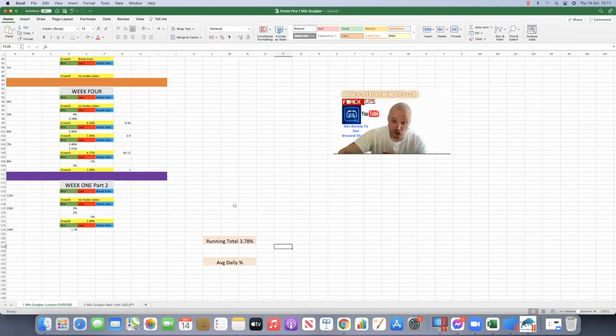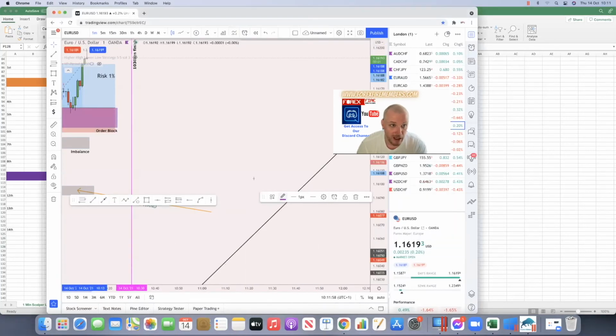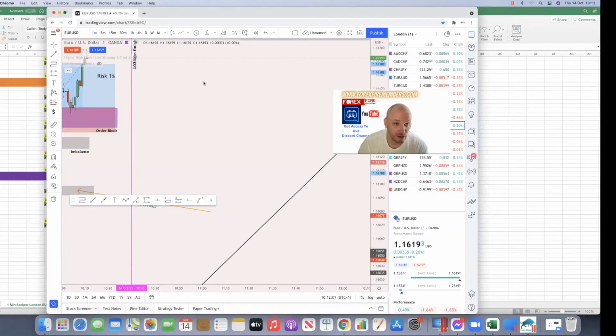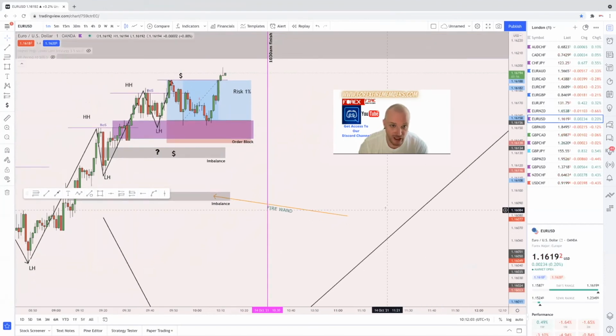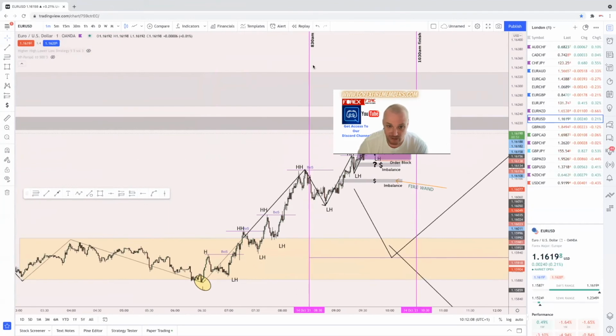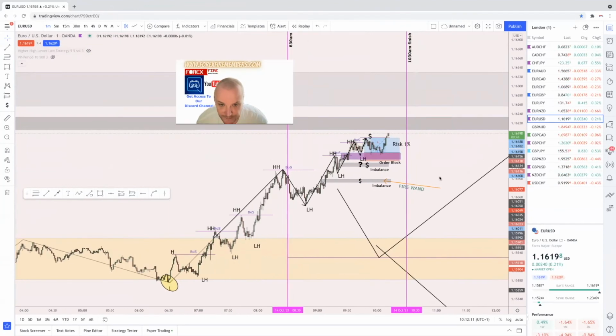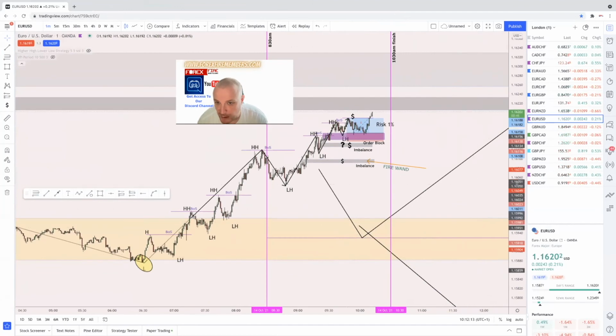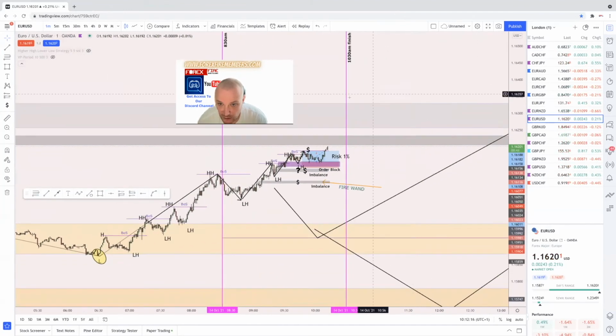Let's go on to the chart itself and have a run back and a look at the general concept of our goalpost area and how the day panned out, okay? Because I like to do this. Let's revisit what happened. So we had a general bias, and I still stick by this bias. I was expecting the run to come up to here at some point. I was expecting a play down to here before the push up. It looks as if the euro was strong, the USD was weak, so we had a continuation of trend prior to us entering our 2-hour session, okay?